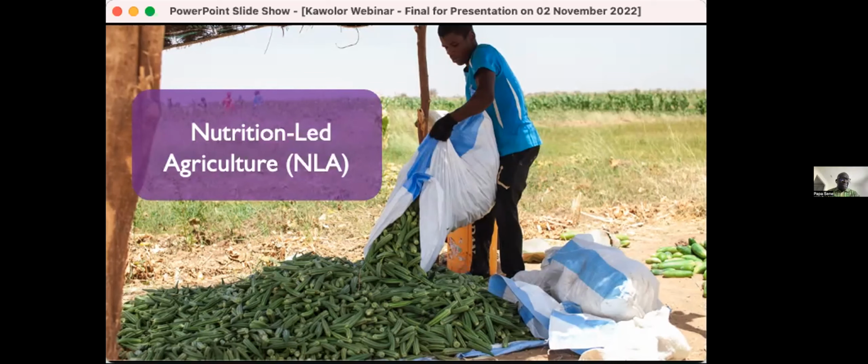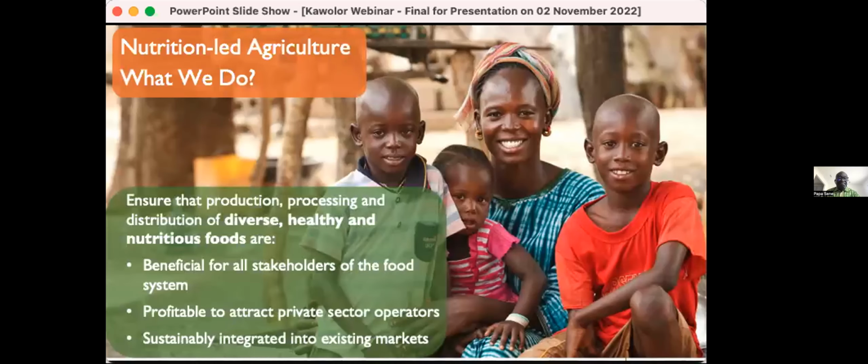So it's a bit different approach from a humanitarian approach to nutrition. This is more a kind of a business approach to nutrition. And that's the reason why we want to make sure that the profitability of the activities will be attracting increasingly private sector operators so that they can participate in the food system. I think we should advance slides. Yeah, move the slide, please.